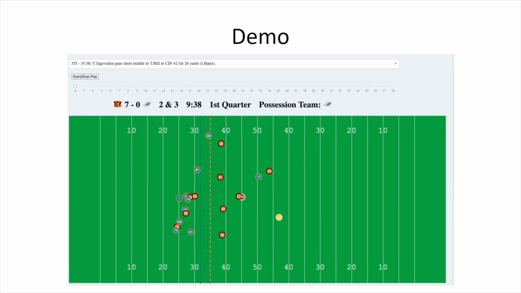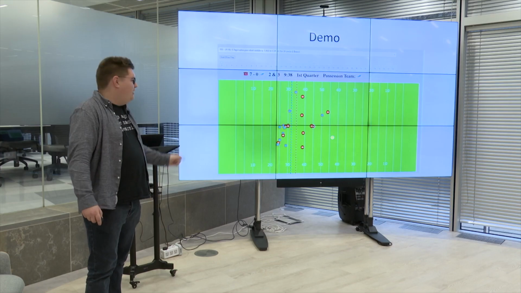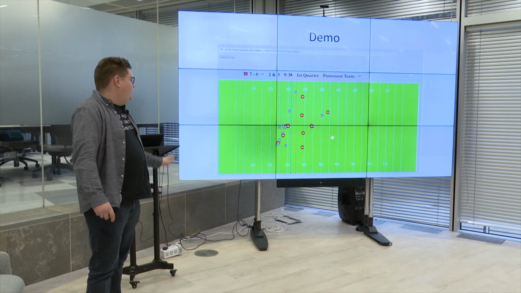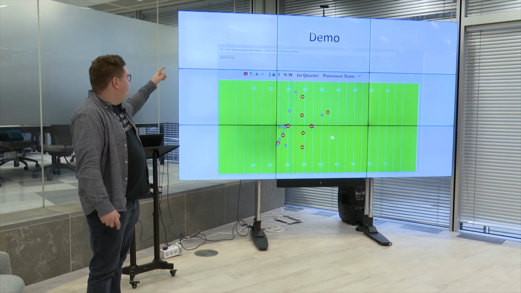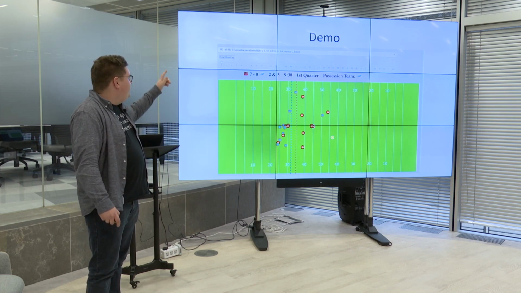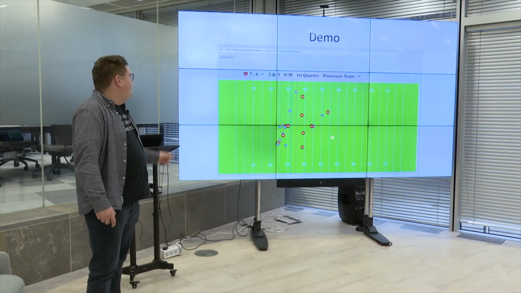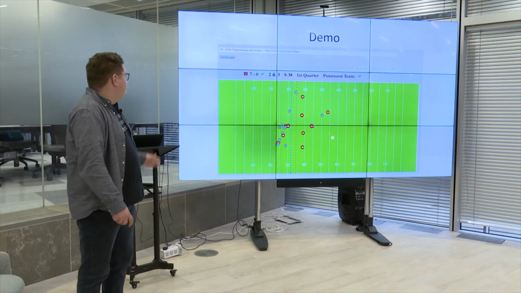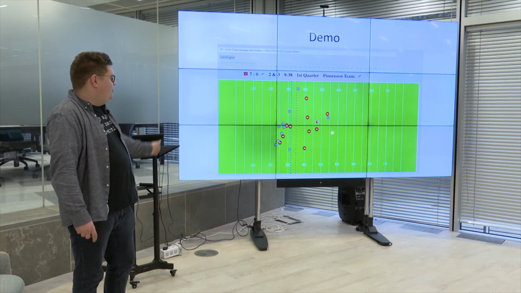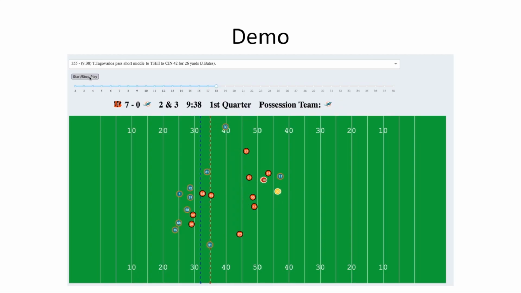Here you see the app with all the tracked players shown as different nodes on the play, and at the top you can select a play from the loaded game in the demo. You can start the animation and look at the whole play, one rush through. It will loop, but you can also stop the play at a certain frame,